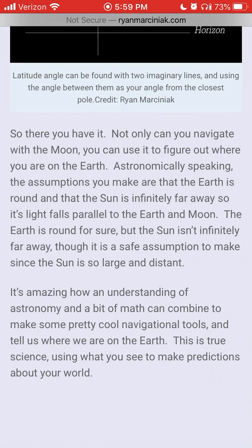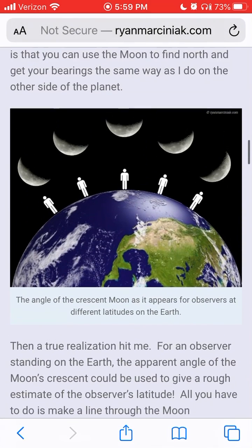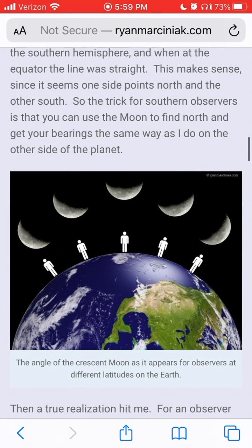It's amazing how an understanding of astronomy and a bit of math can combine to make some pretty cool navigation tools and tell us where we are on the Earth. This is true science, using what you see to make predictions about your world. Now, what I wanted to point out, as he did,